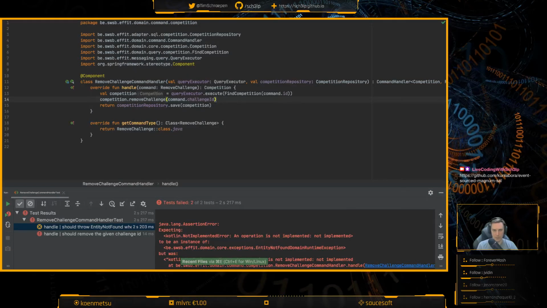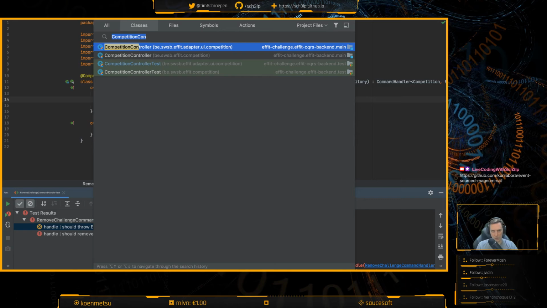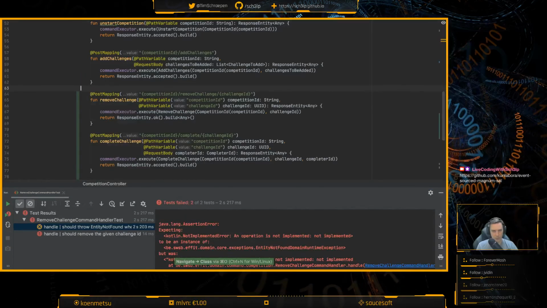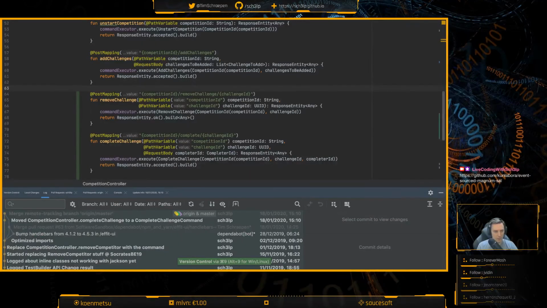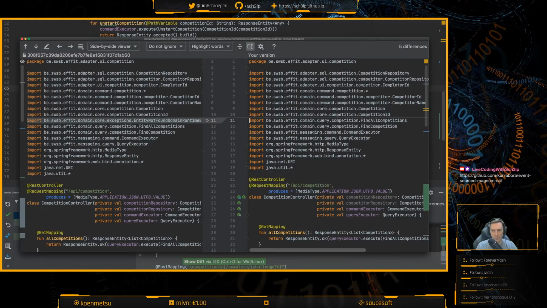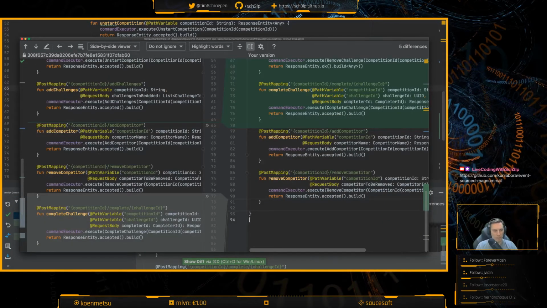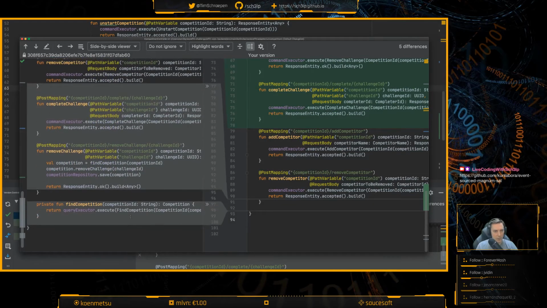Let's find out if our previous competition controller, you know what? Let's go back to the competition controller from the CQRS thing and then show history. Oh, you know what? Let's do local changes. Complete. No, it needs to be the remove challenge. Yeah.